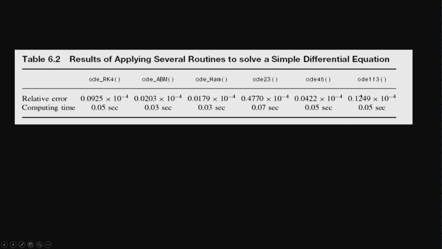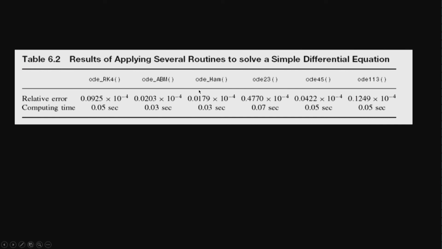So, you see, depending upon the method you use, we can get different levels of errors, and we can get different levels of computational time. It changes dramatically. As you can see, 0.09 to 0.01, so almost 8 times less error